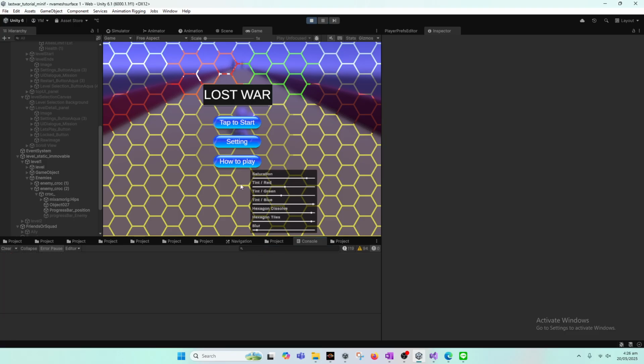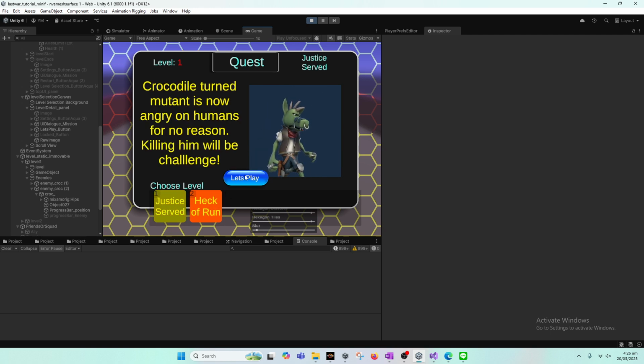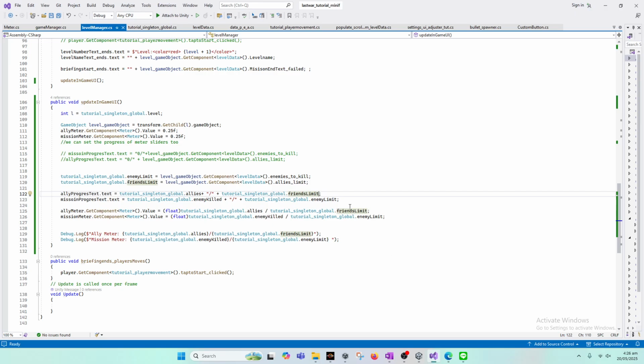And this is how the game starts. All seems fine. Now we press tab to start. Then we select the level. So this is our level 1, and when we press, it will set the allies here correctly, and similar will go for progress. So what this means is that this friends limit is being updated somewhere,